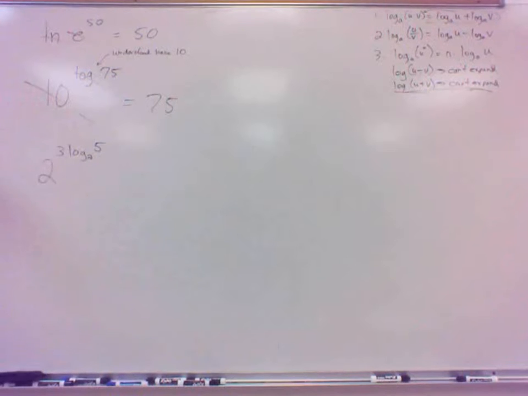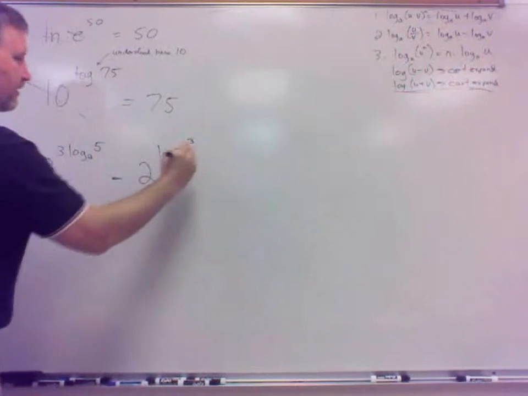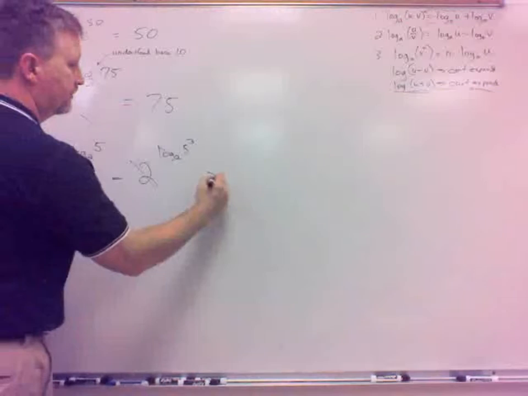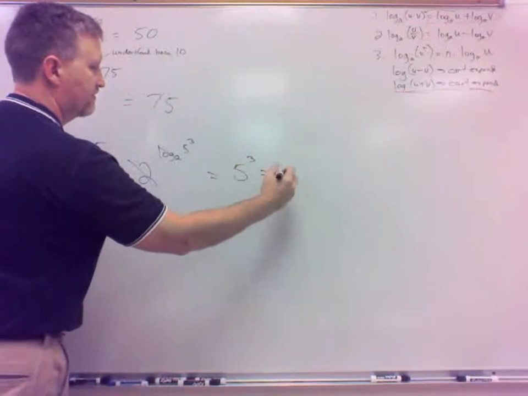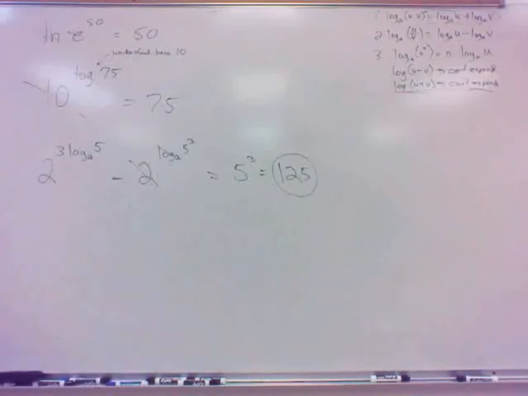However, what can I do by property 3 of logarithms? What can I do with that 3? One thing I can do with it. I can put it inside as a third power. All right, so let's change that to the log base 2 of 5 to the third. Now the 2 and the log base 2 being in the exponent cancel out. And so the answer is 5 to the third, which is 125. Okay? So those are nice, handy